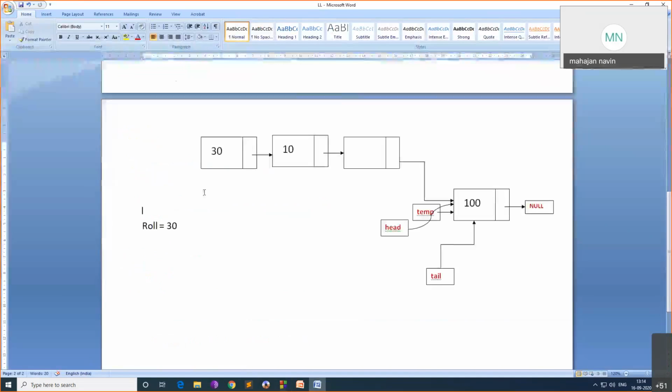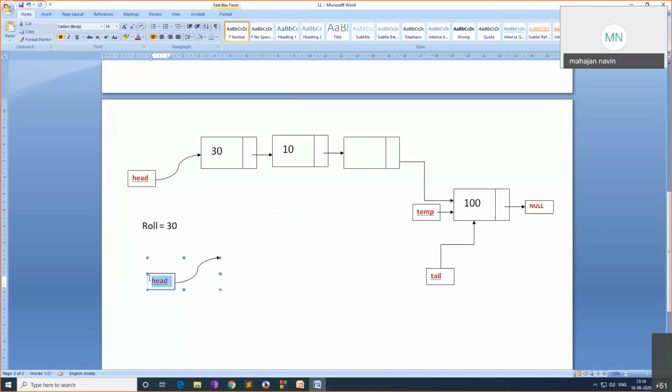So before removing, if my head is pointing somewhere here, what I will do? I'll take one temporary variable t, and make t equal to head, and I'll move head to next node.